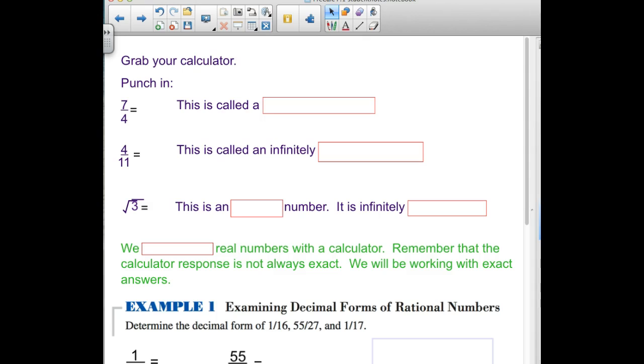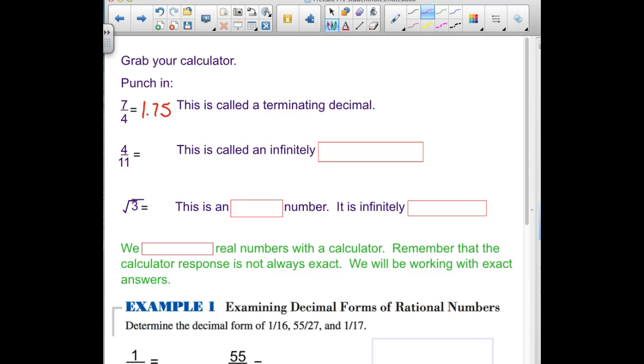We're going to have you just typing a couple things in to see how your calculator shows you your answer. The first one is to just type in 7 divided by 4. All right, this is a terminating decimal. You should be getting 1.75 on your calculator. Okay. If you type in your calculator 4 divided by 11,